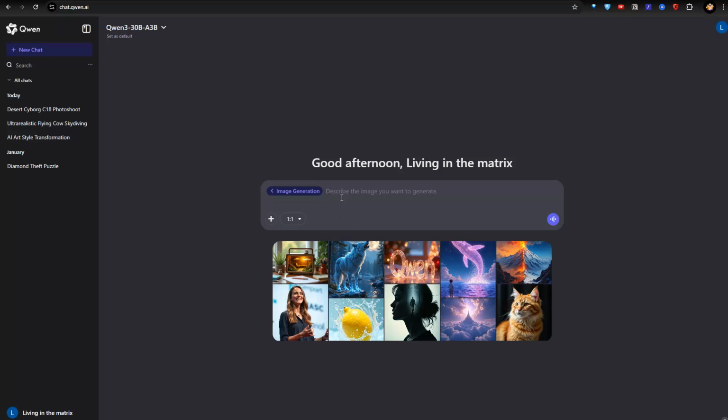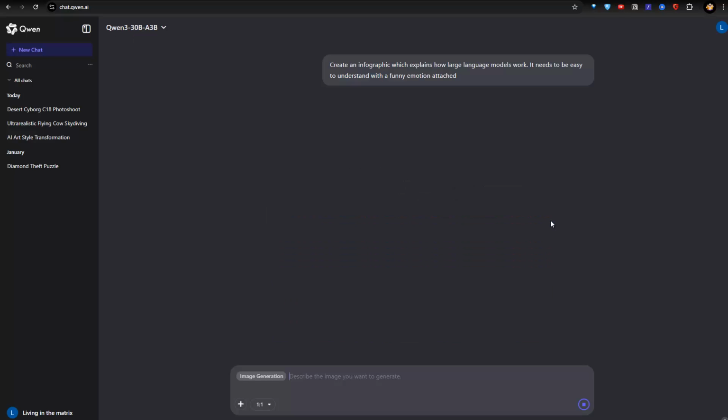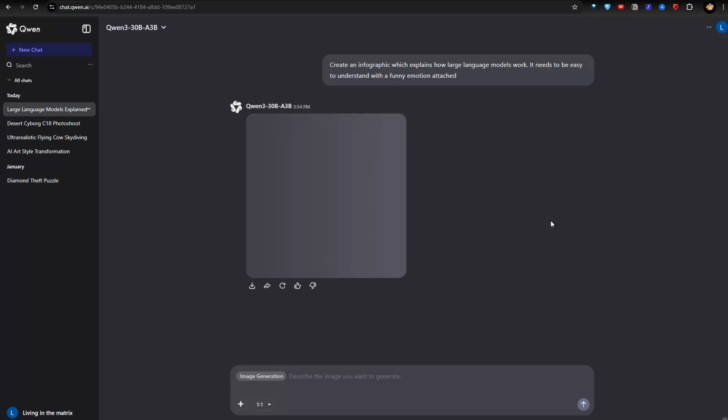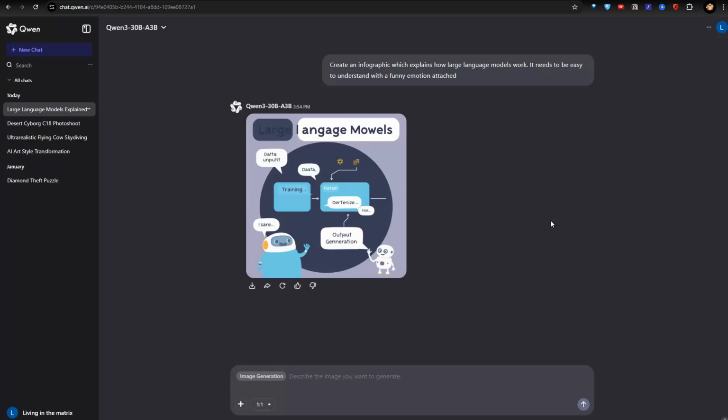Because if I go there and type in any kind of prompt for the image, let me just paste something here, for instance, this one, create an infographic, and let's do that in real time and see how fast it is, because this was really fast, at least from my point of view, if I think about ChatGPT, for instance. So let's just run this for now, and let's see in real time how fast this actually generates this image. So you can see it's really, really fast, at least from my point of view. And just a second, and then we are finished and have a look at the product.